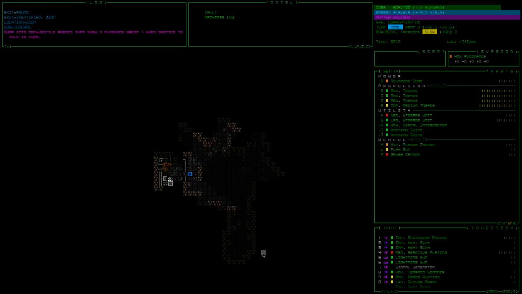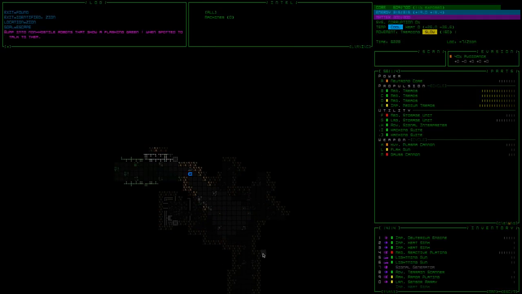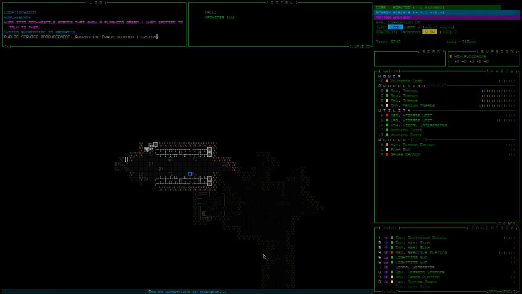There's some broken spots to bump into non-hostile robots that show flashing green. Information point spotted, to talk to them. Oh, okay. So this is like a nice guy. How do I get to him? Well,